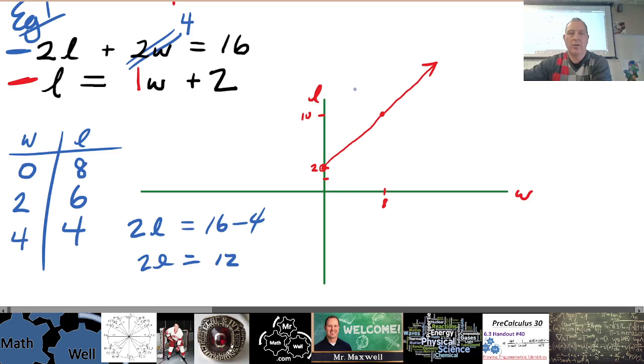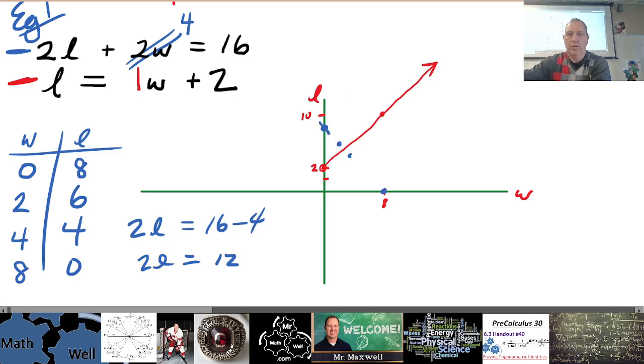So let's go 0, 8. And again, I apologize, mine's not going to be that great because I've got no graph paper. Do as I say, not as I do. 2, 6 will be about here. 4, 4 is about here. Now 8, 0 actually is going to be a point too. If W is 8, 2 times 8 is 16. So what plus 16 equals 16? That's 0. There is a point down here. So if we are connecting these values here,